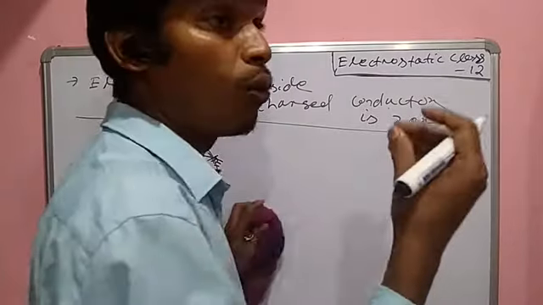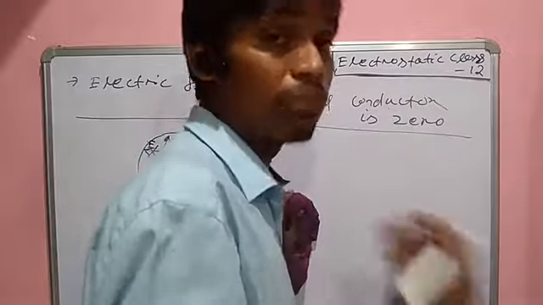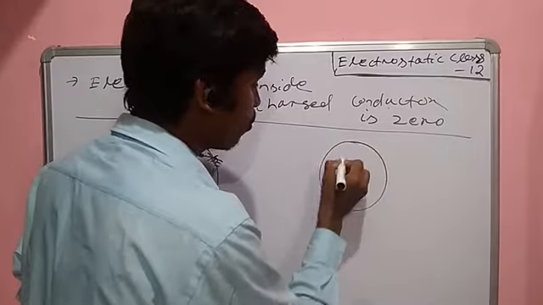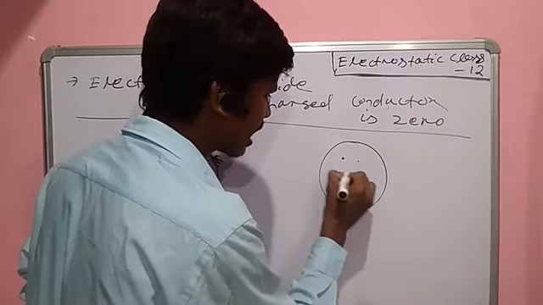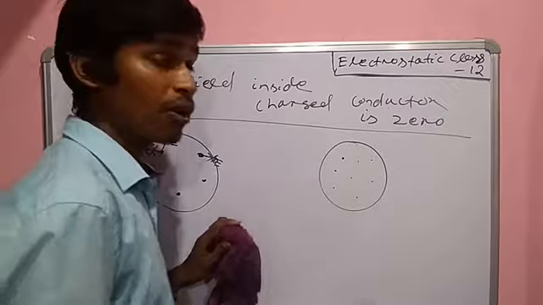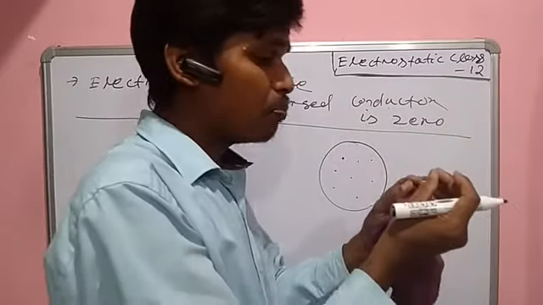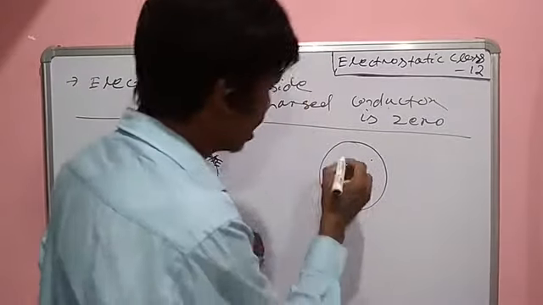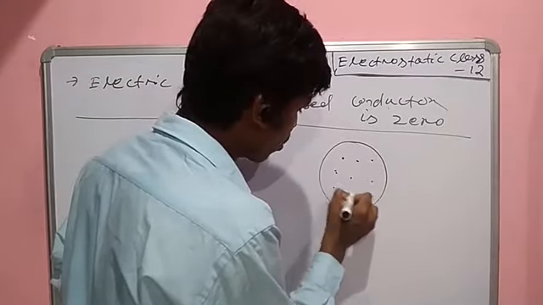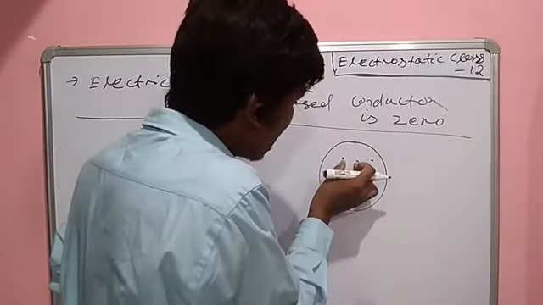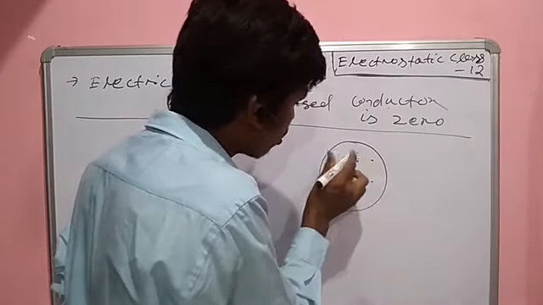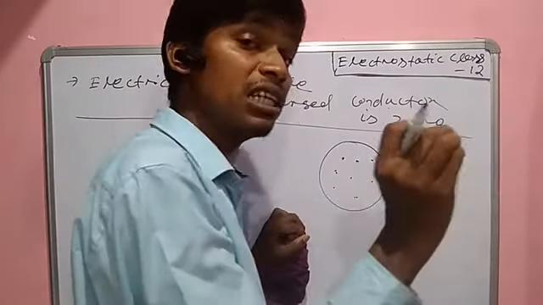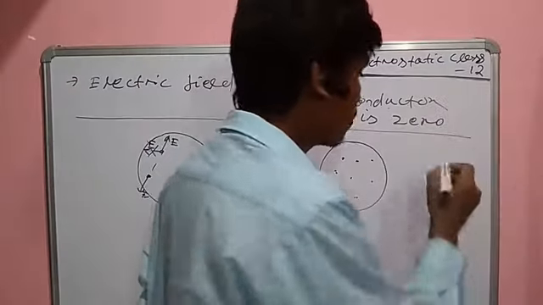This is one method you can imagine, and there is another method. Suppose the charged conductor has proton charge present. An atom consists of electron, proton and neutron, but we have to think of the proton. In this conductor, the size of a proton, or of this positive charge, is very small, less than 10 to the power